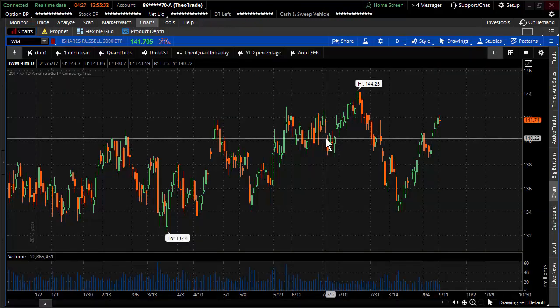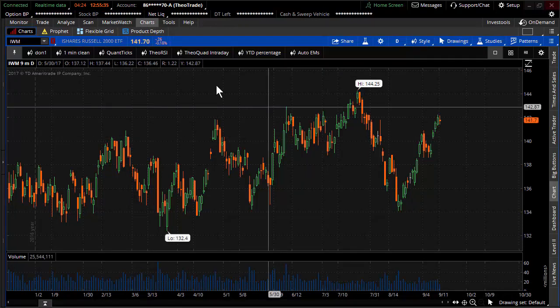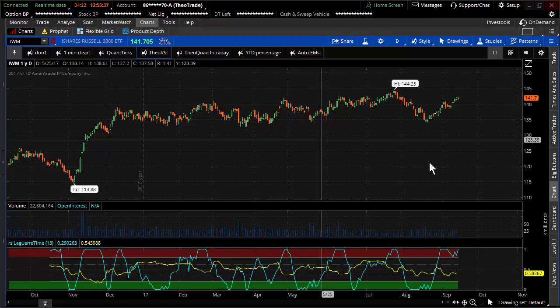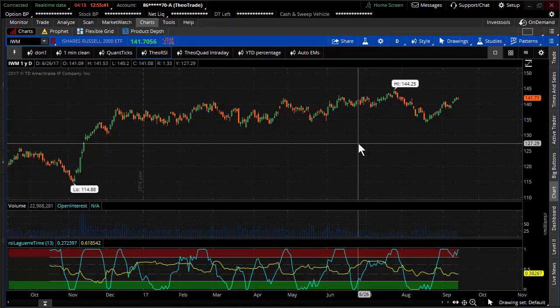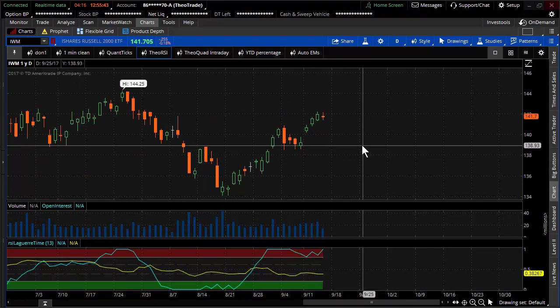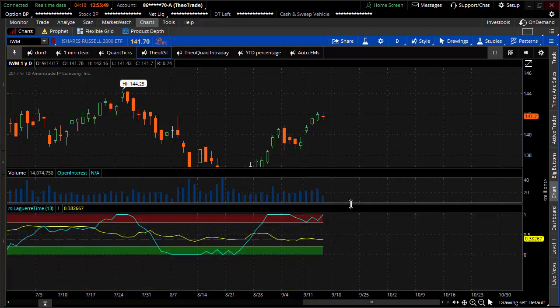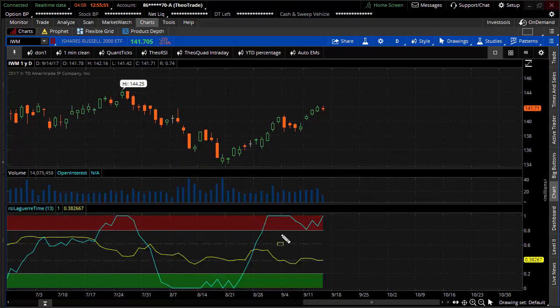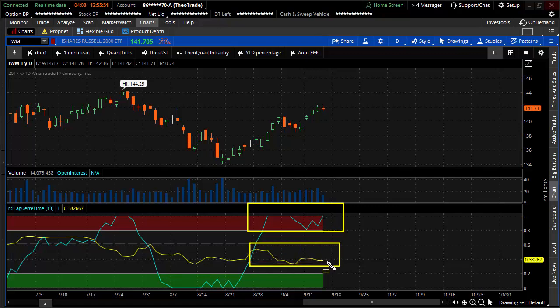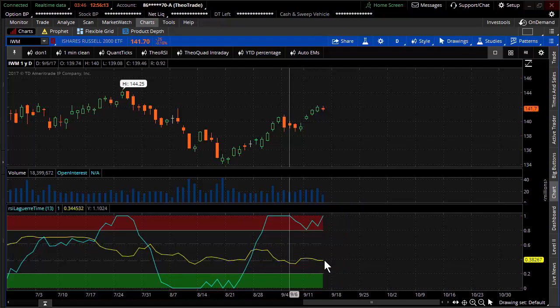And again, a lot of people start their search in the charts, with a number of different studies. Well, I'm going to bring up the TheoTrade RSI Laguerre, which is displaying the IWM, the ETF for the Russell, in heavily overbought territory. Now, I'm not the market technician, but I'll explain this for a second and then move on to what I personally would look at. Here we are in overbought territory. If you're into fractal energy, this is the fractal energy right down here, relinquishing that this move could possibly be over. A lot of the energy, if you will, has come out of the move. That's what fractal energy is.